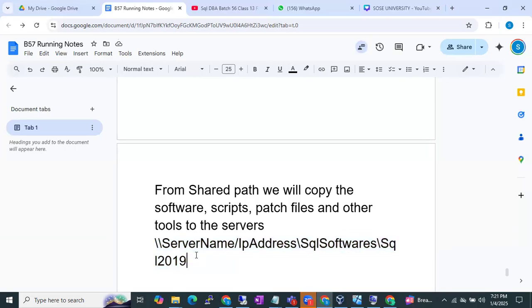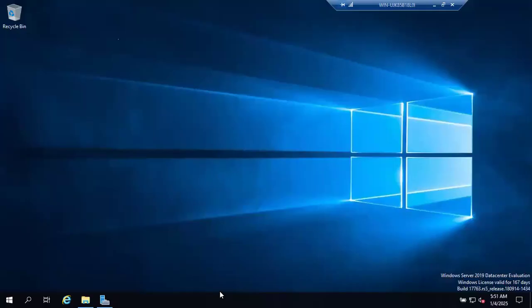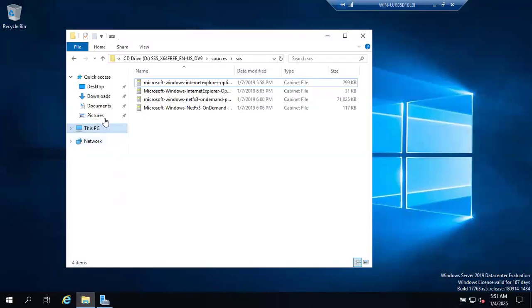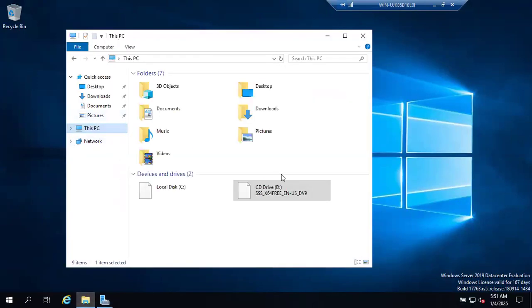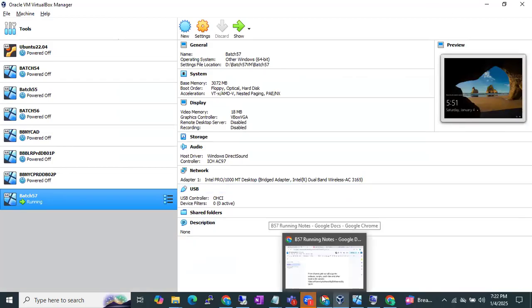So now what I am going to do is attach the software. Like last time we attached the Windows operating system, right? Once we attach the Windows operating system here, it will be visible in the D drive. This is the Windows OS. Now I want to install SQL Server, right? Before installing the SQL Server, always keep in mind, guys, you have to